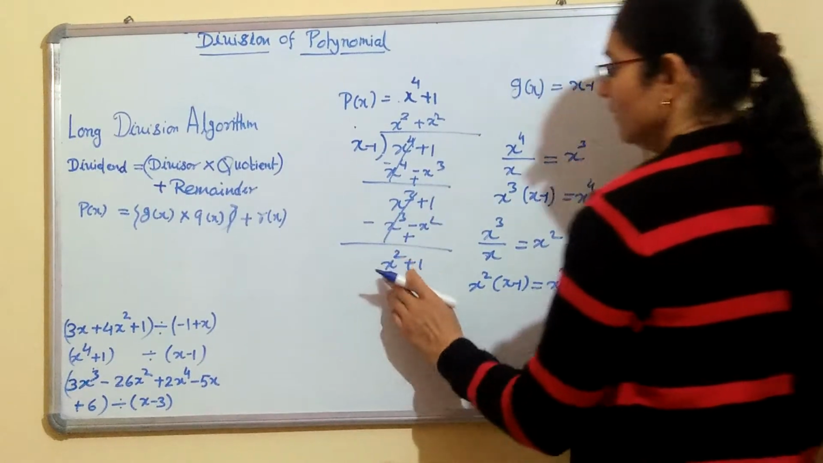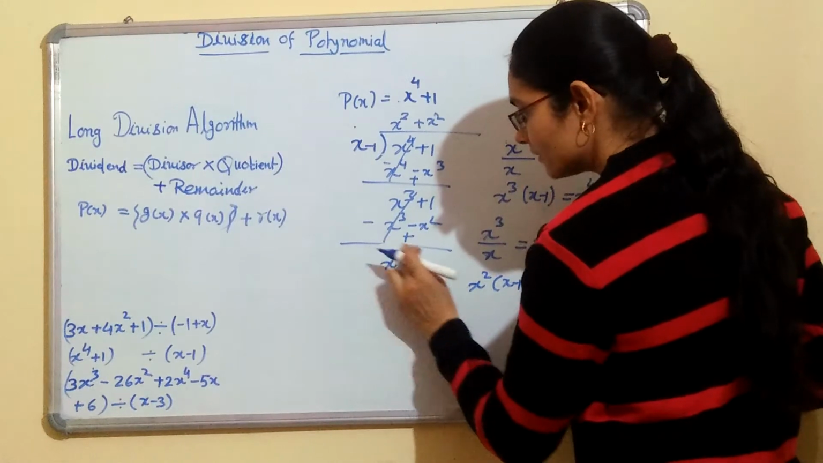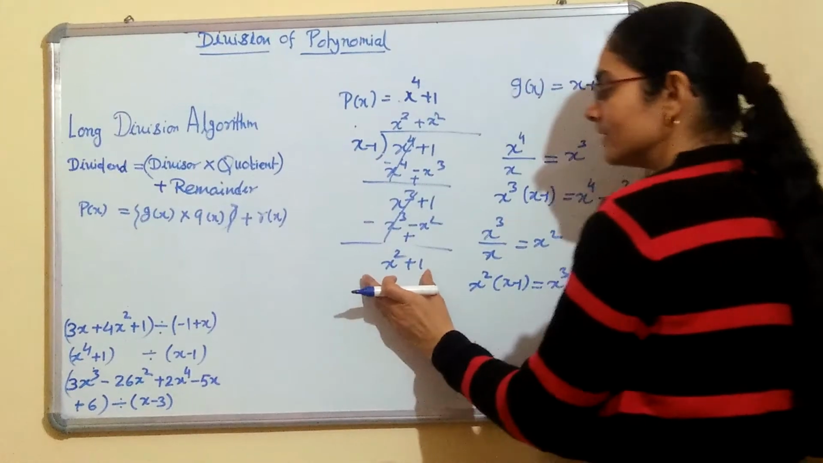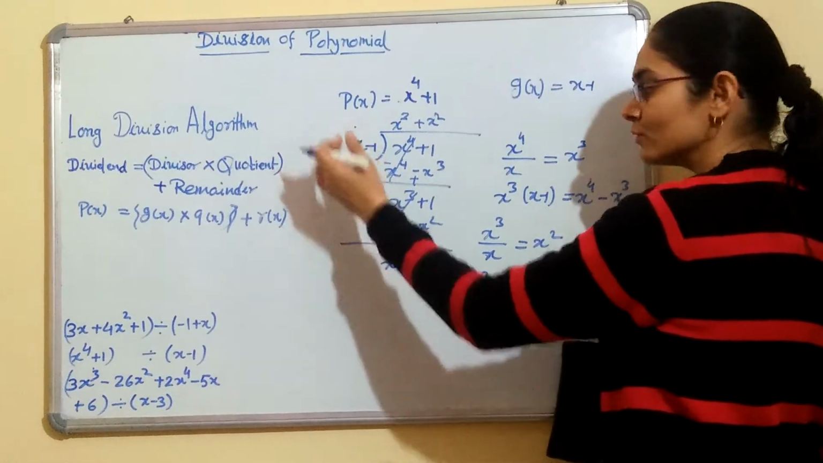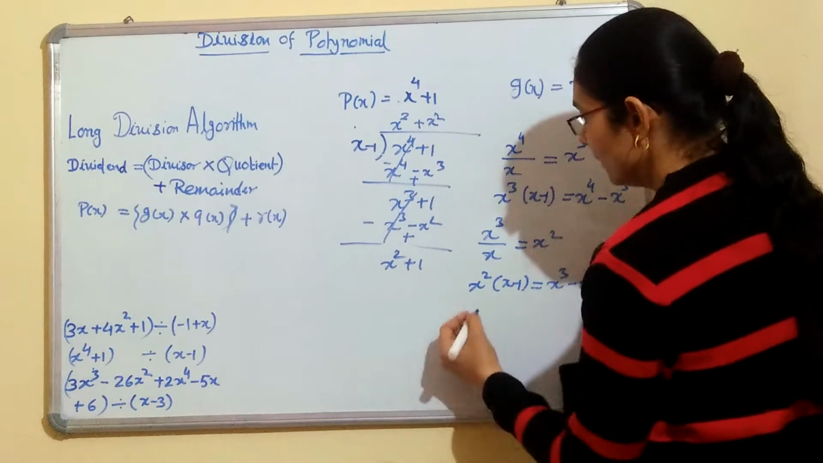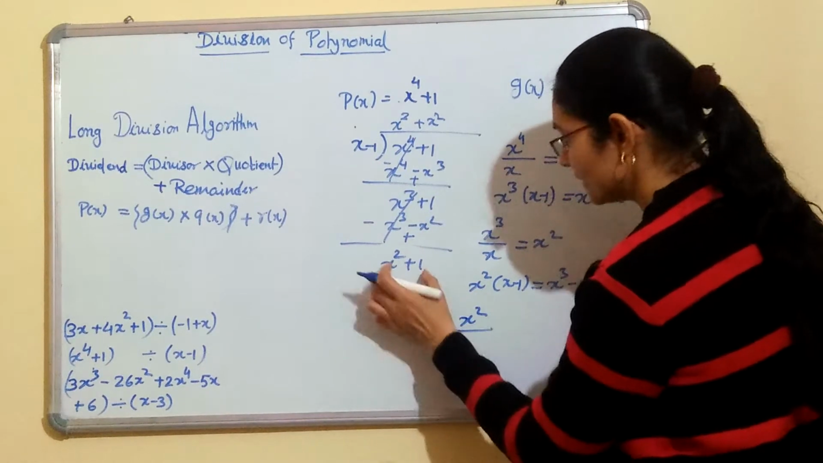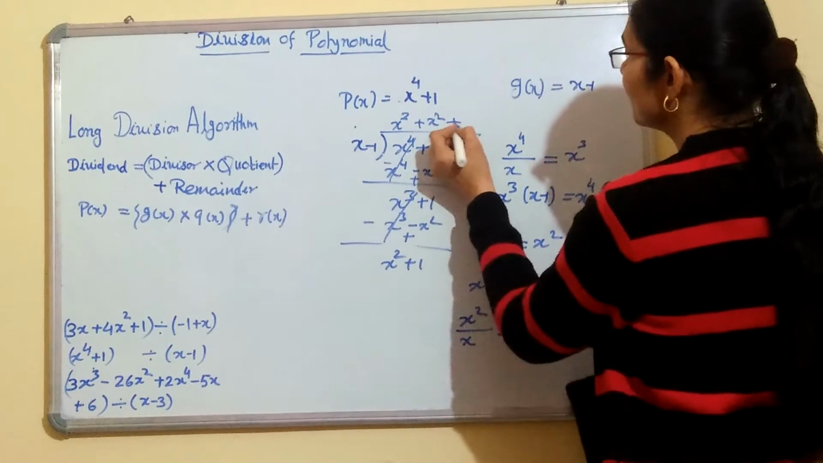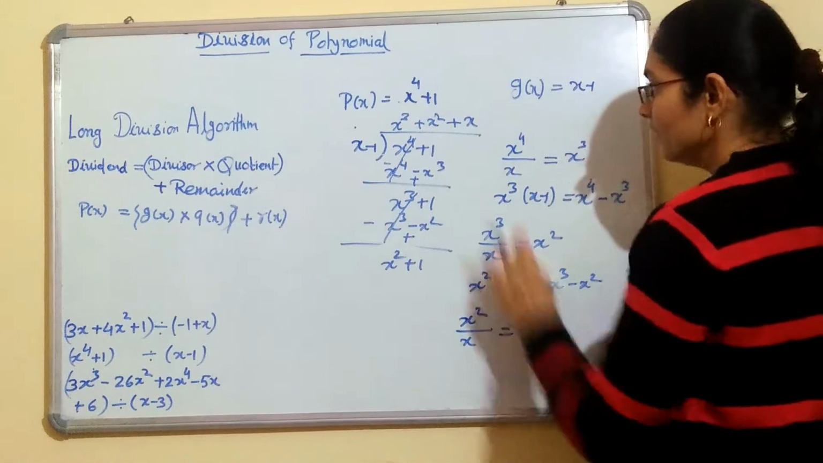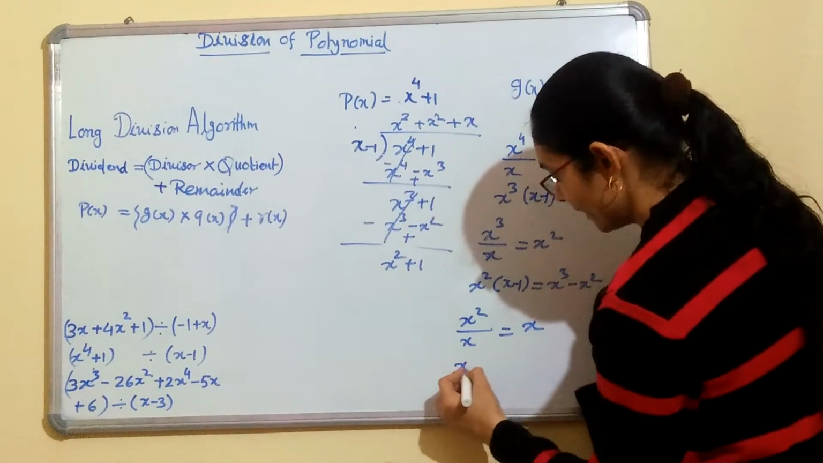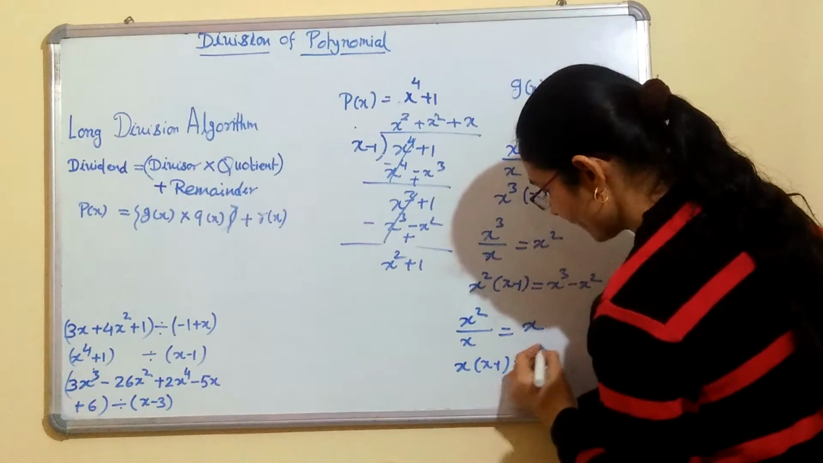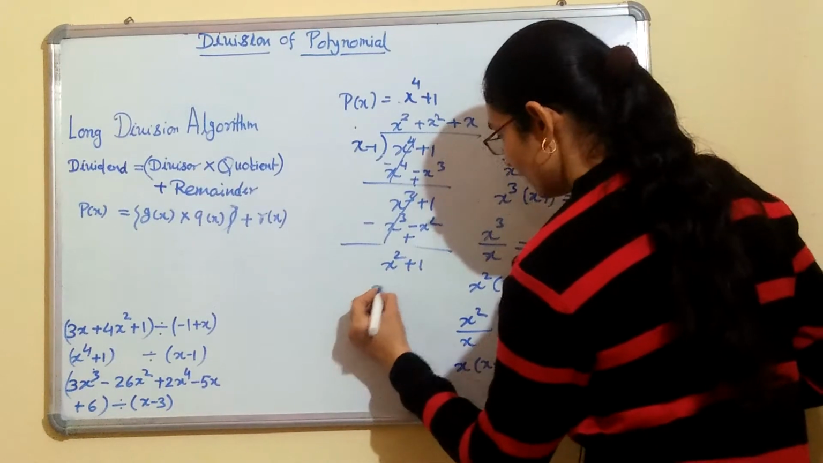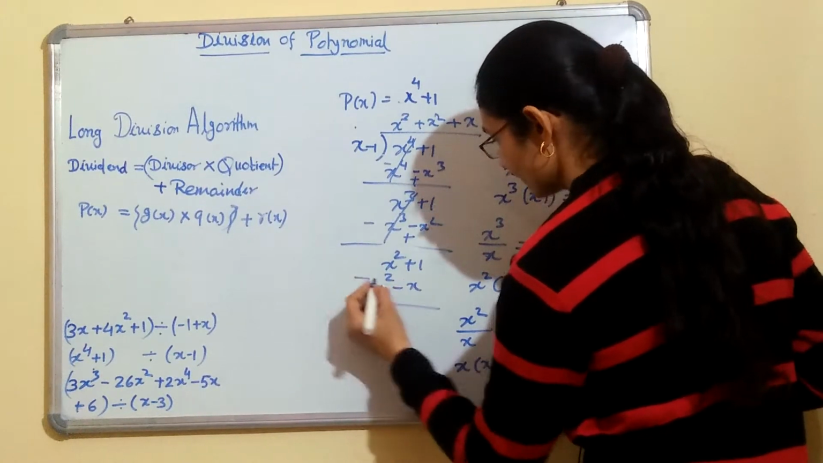Now again, because the degree of this polynomial is greater than the degree of the divisor, the division will continue. Again divide the first term of this dividend by the first term of the divisor. We get x. This is the third term of the quotient. Now multiply the third term of the quotient with the divisor. We get x square minus x. Subtract this from the dividend. We get